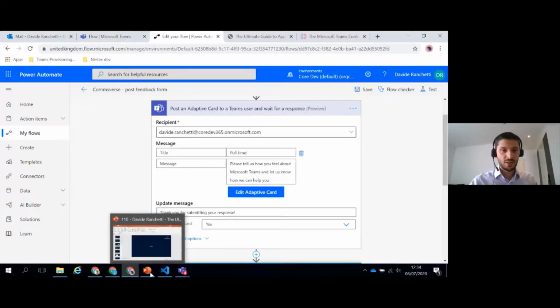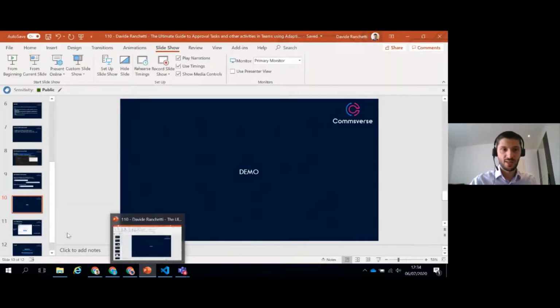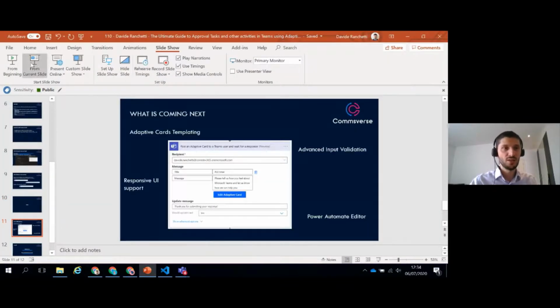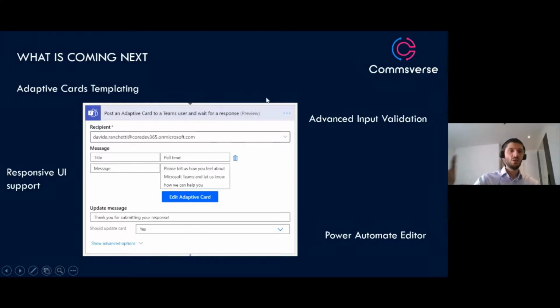Okay, let's go back to the deck. We are almost at the end of my session. I have included a slide here with some of the things that are coming. I've showed you a couple of things. So the adaptive card templating that allows us to separate the structure and the logic of our card from the